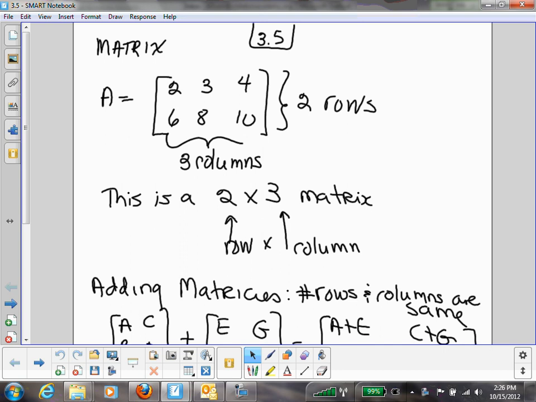So today's going to be pretty easy with matrices because we're just going to be adding and subtracting. A matrix has rows and columns, and eventually what I'm going to show you is the best use of matrices: solving simultaneous equations. Everything that I'm making you do by hand, I'm going to show you how to do on your calculator